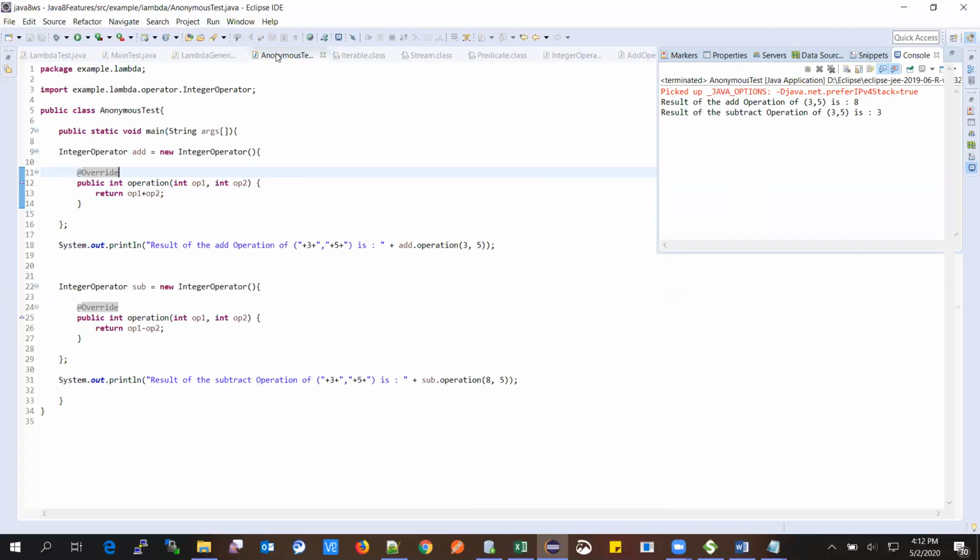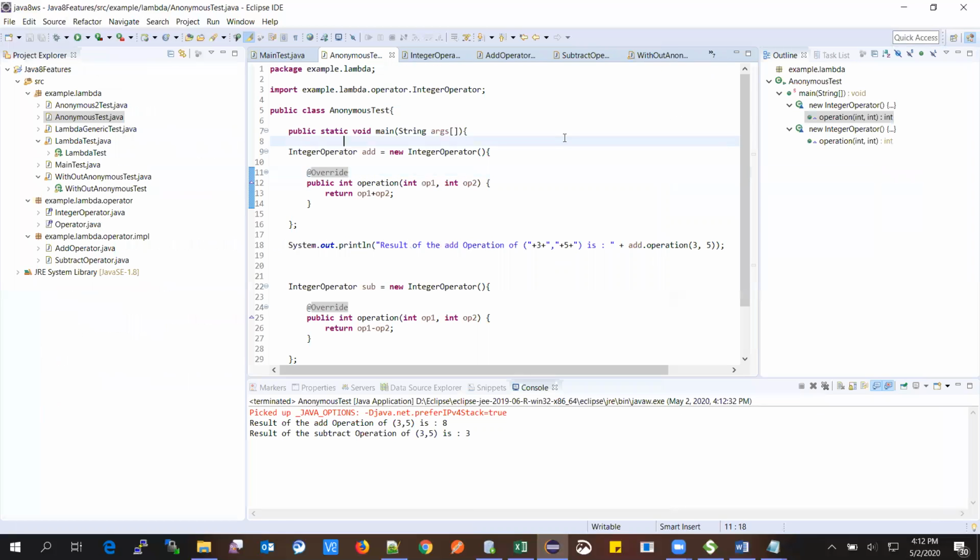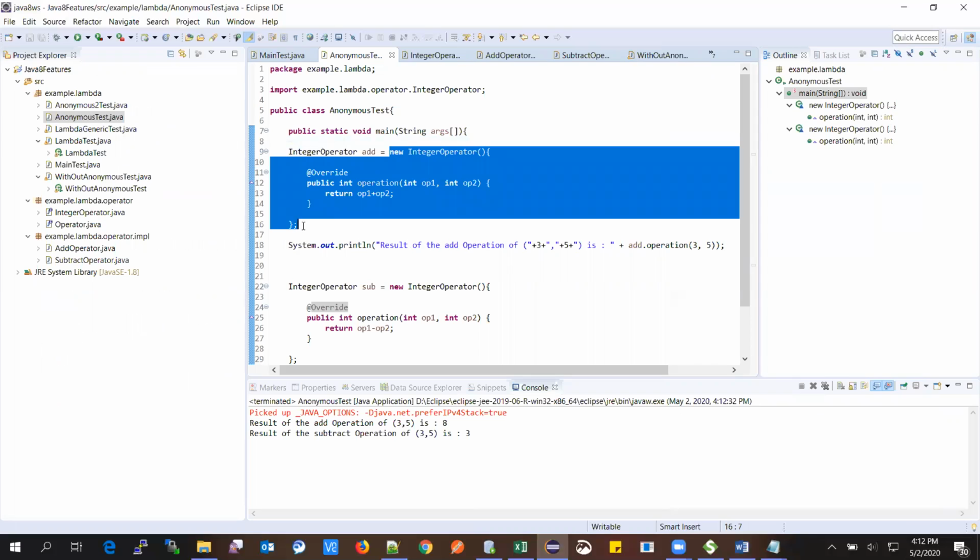So now, coming to lambda expression. What is lambda expression? Lambda expression made our life very easy, so that we do not have this much code.